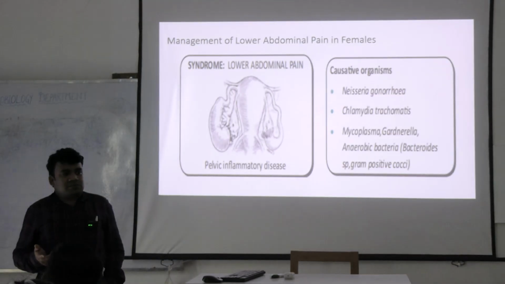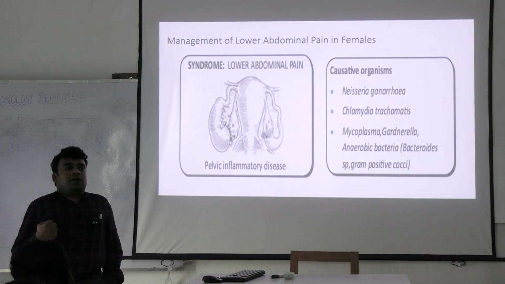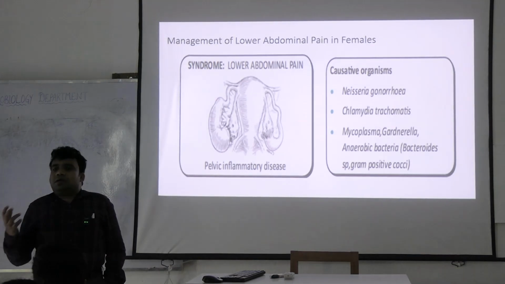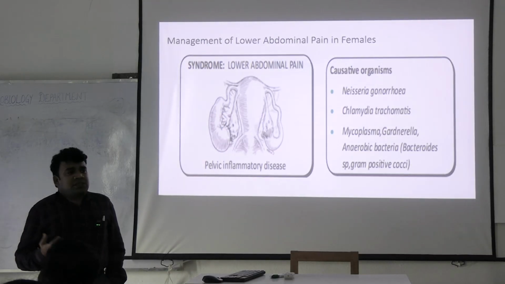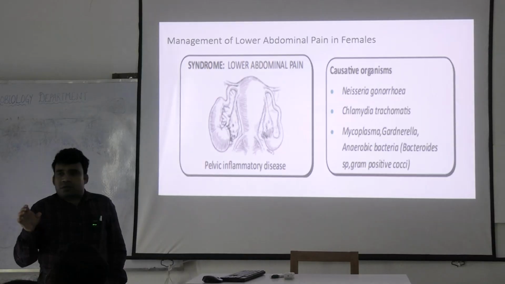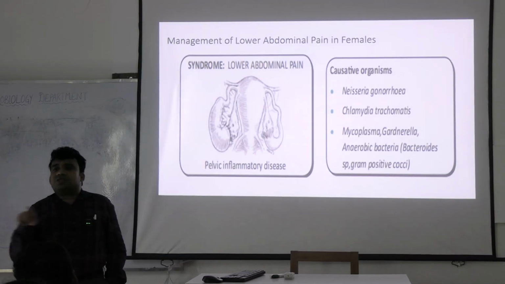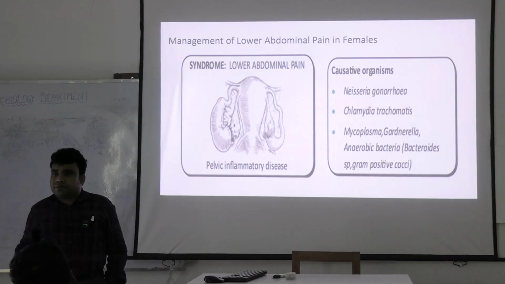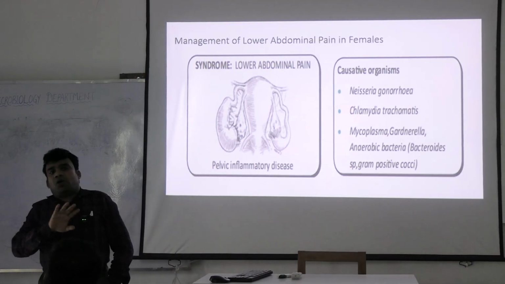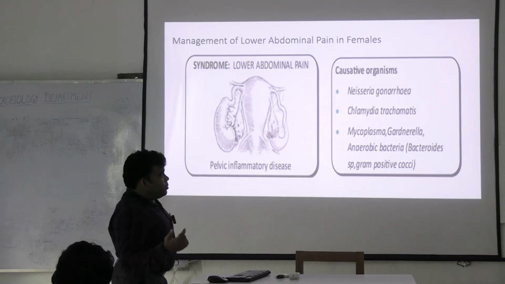What is tenesmus? That is a feeling that she needs to defecate but no stool comes out. This happens because of contraction of the rectal muscles, because of the irritation that is going on in the pelvis. Yes. So these all can be the manifestation, either a single manifestation or multiple manifestations.